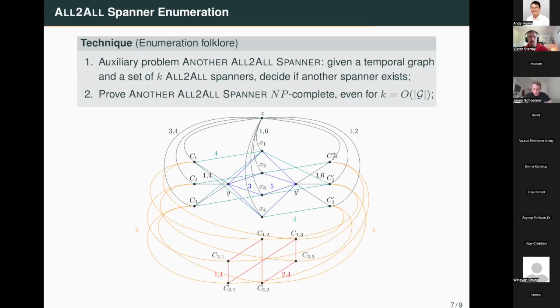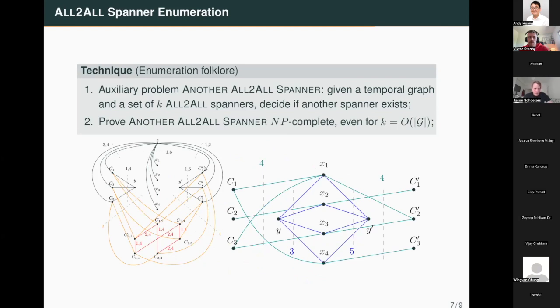So then what you do is you prove that this new auxiliary problem is NP complete. So we reduced from SAT. On the left you have the clauses here. On the right you have a copy of the clauses. In the middle you have the variables. And so in a very complicated way, which I will not specify too much, we basically prove that these edges on the left, the sort of skeleton, are all necessary. So all spanners in the original graph, which is this one, are needed. So all these edges are needed in all spanners. And the only edges that we can play with is the zoomed in part in the center, which is here now. These are the only ones which we can play with.